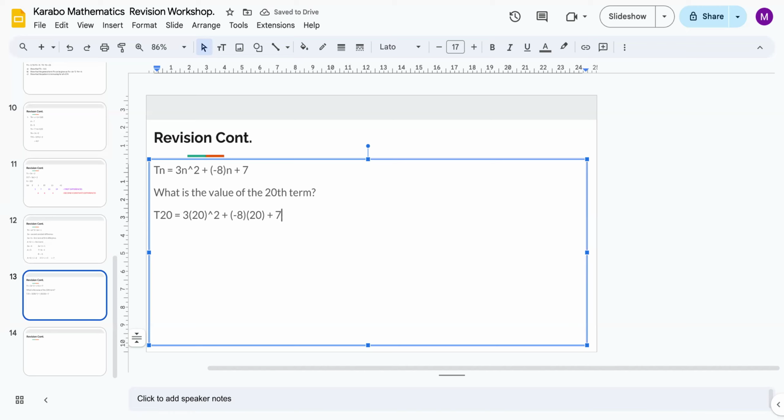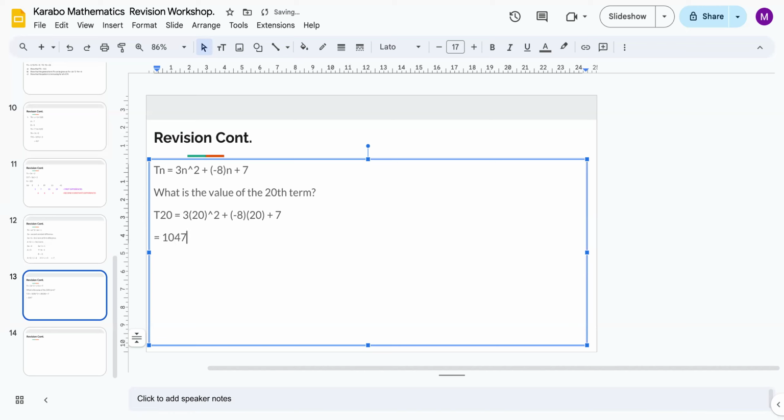And that should give me 3 times 20 squared minus 8, 20 plus 7. That should give me 1047. So if you got 1047, you're correct, guys. It's equal to